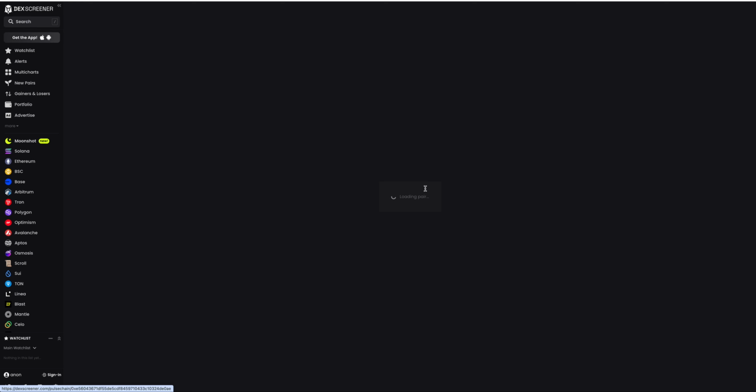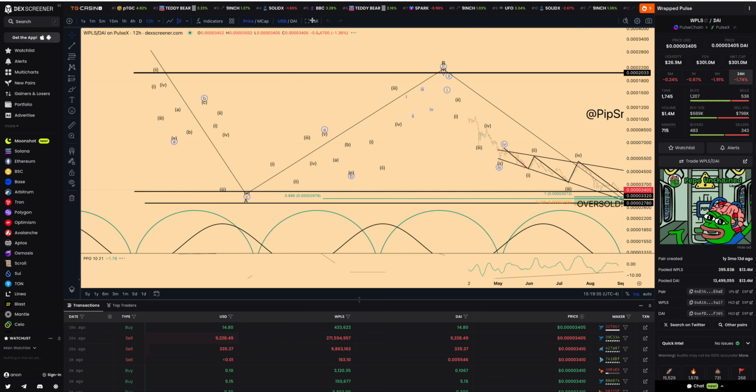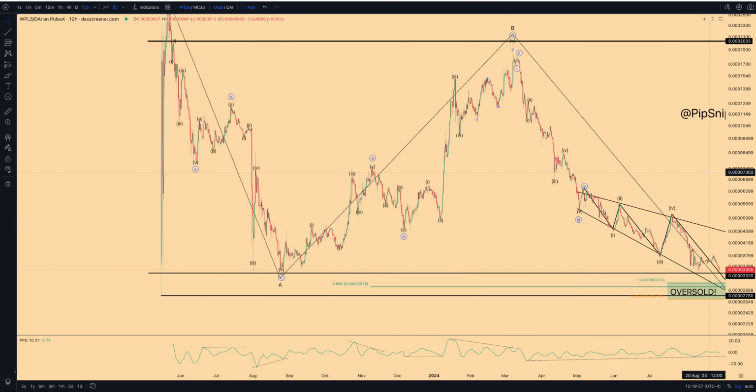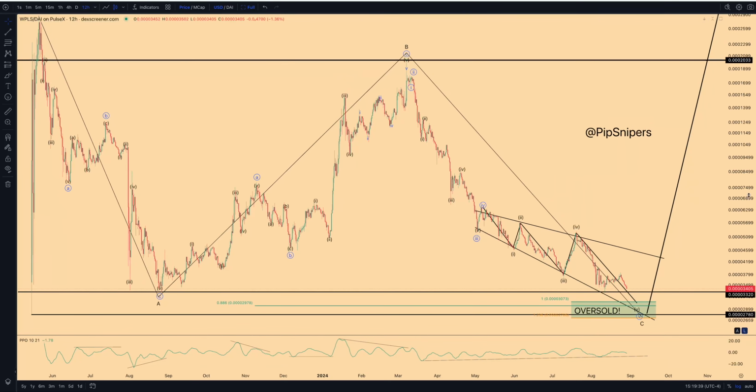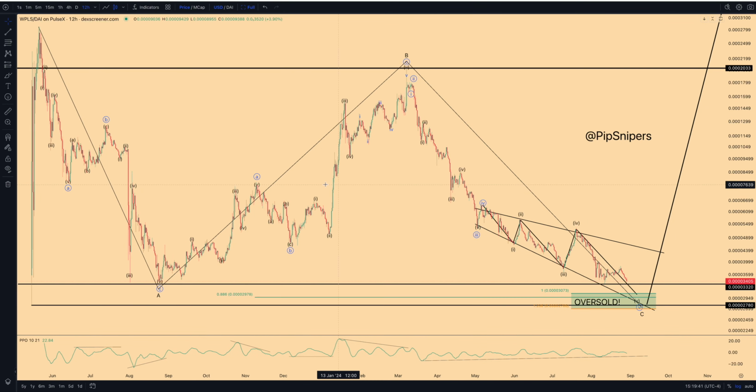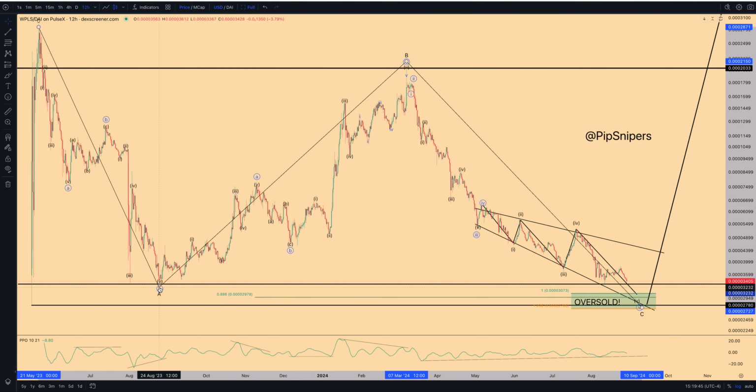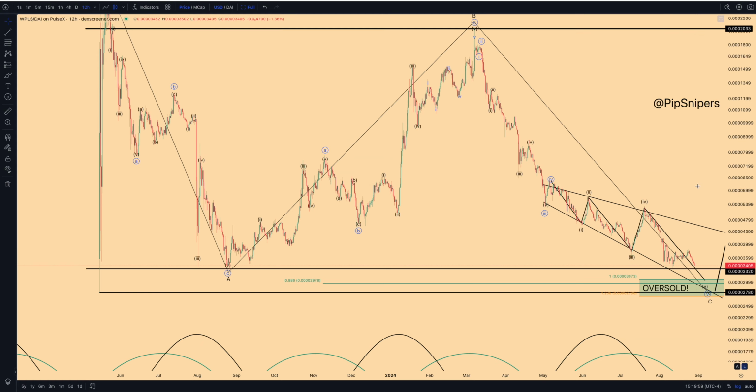Okay, so this is PulseChain over here. Nothing has changed. It's doing the exact same thing here as PulseX, right? 3-wave move down in your A, 3-wave move up in your B, and now we're working on our 5th wave to the downside. Within this 5th wave of our C wave, we have what's called an ending diagonal in which the waves overlap each other, and you can see that we're overlapping